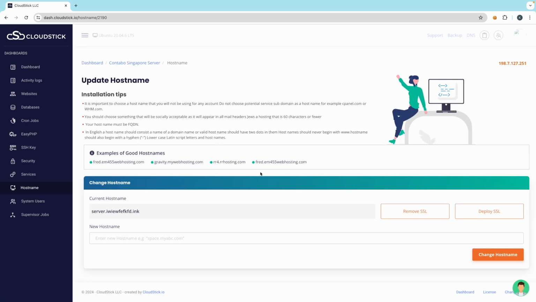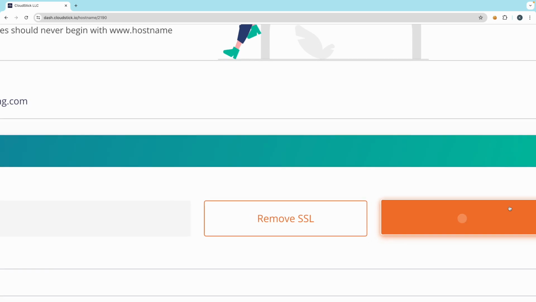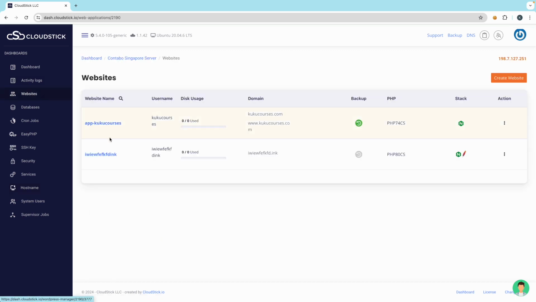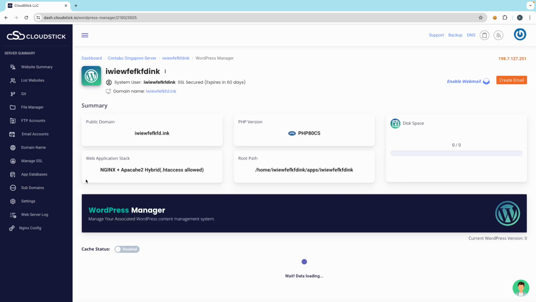Wait, let me just refresh it. Let's try to deploy it again. Okay, so let's wait for it to get deployed. Okay, so you got the SSL for your hostname. That's it. After you do this, just go to your website again, just go to this domain, then just